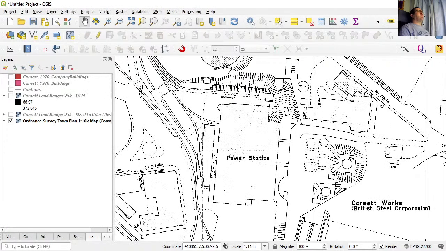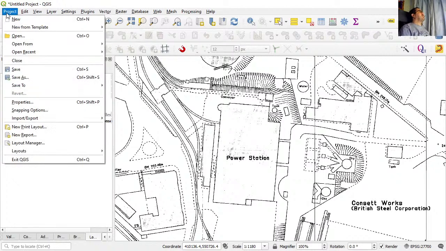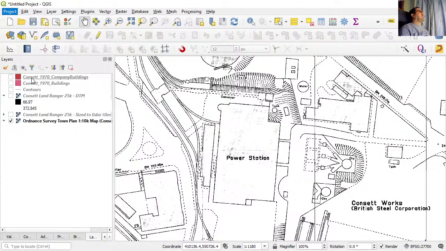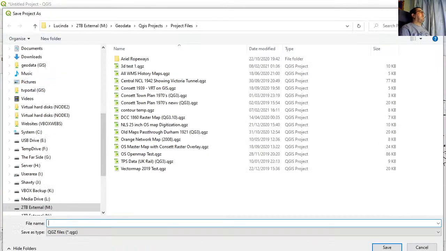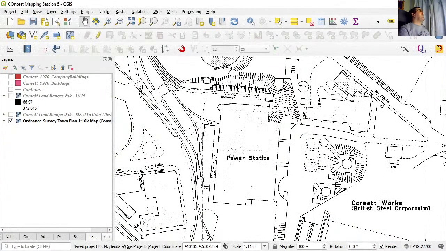So I guess what I'm probably going to have to do is bin that second copy. I will save this project temporarily, then that way I can reload it back in fairly quickly if I close and reopen this. So we'll just save that as concert mapping session 5. That'll do for now. Right, so going back to what I was on about, the new 3D view,